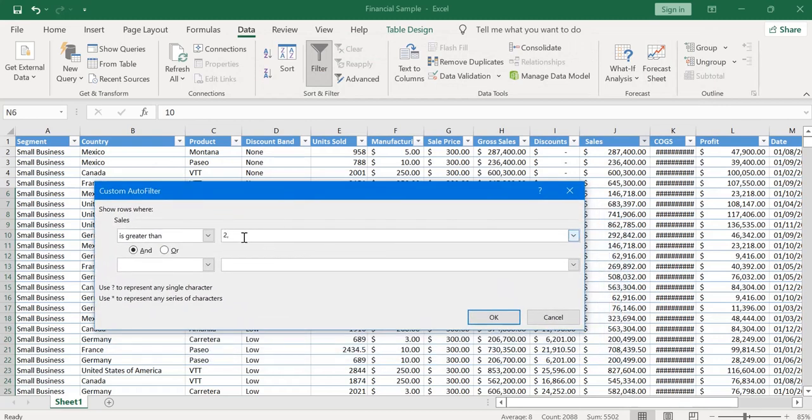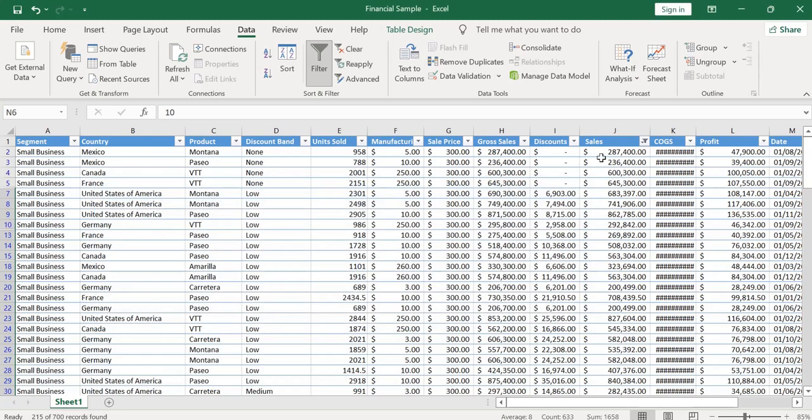Let me just give the number 2 lakhs. When I say OK, look at here, all the numbers which are greater than 2 lakhs are displayed in this column. And you can also apply the filter on two columns simultaneously.